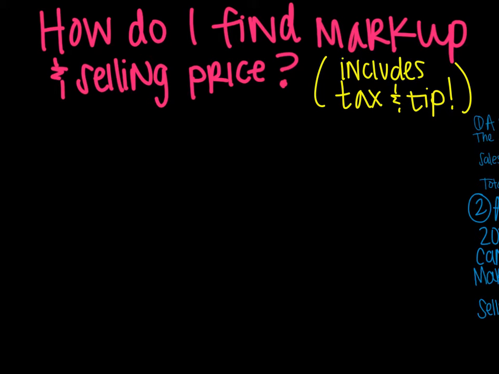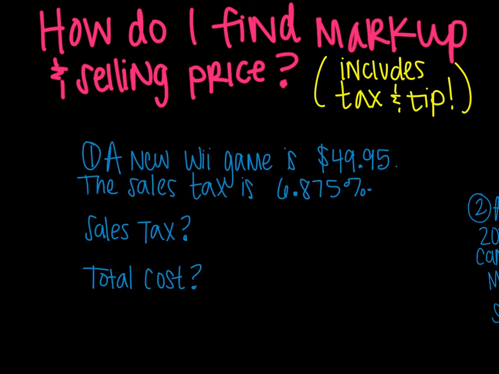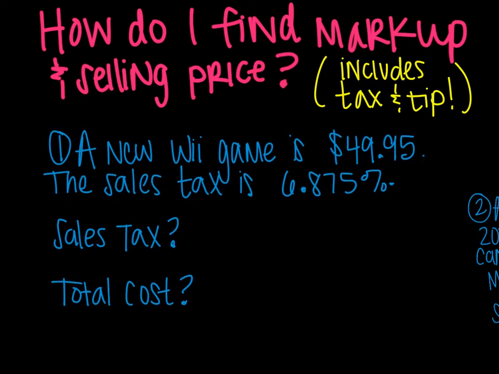How do you find markup and selling price? This formula, if you will, includes tax and tip. So we are going to do a tax problem first. Here we go. A new Wii game is $49.95. The sales tax is